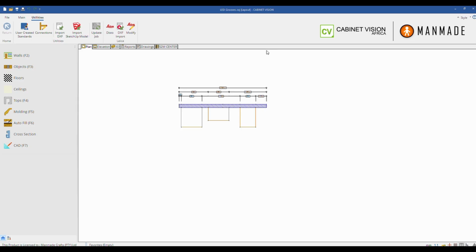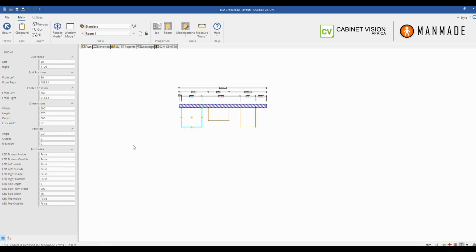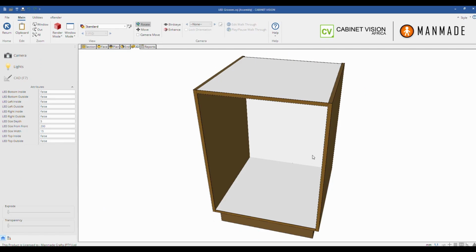And the way that we do that is we use something called a User Created Standard, which allows us to add custom coding into Cabinet Vision to control global effects, as well as parameters that allow us to add buttons to control the UCS. So how it works is we create the coding there, we link it then to the parameter buttons, and what that then does is it allows me to go into a cabinet like this, and I